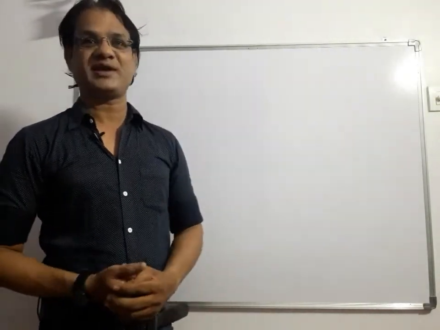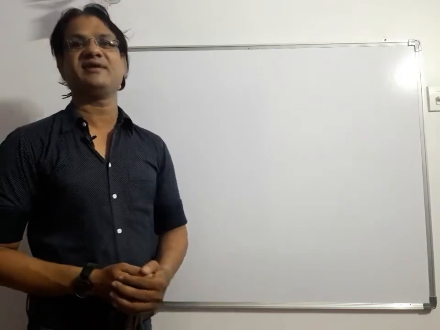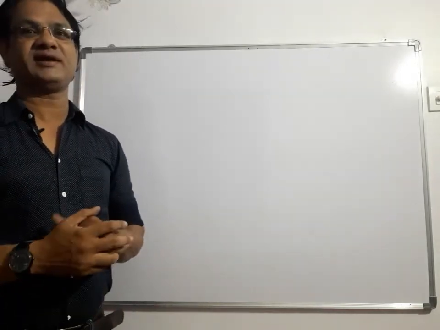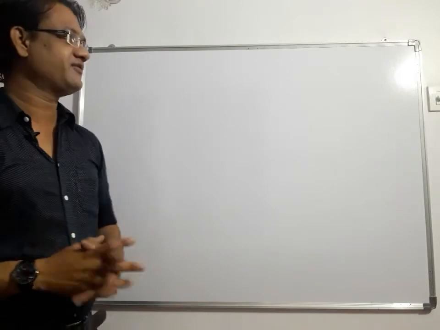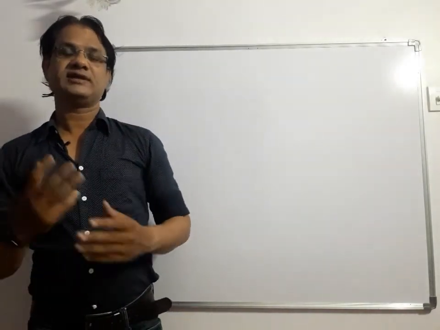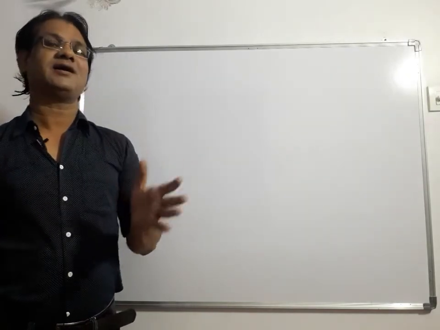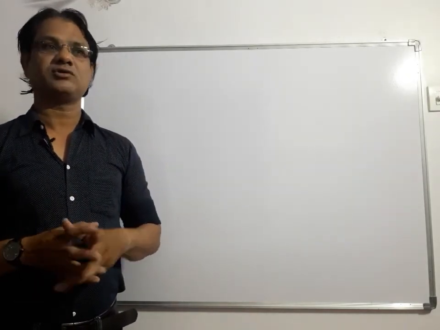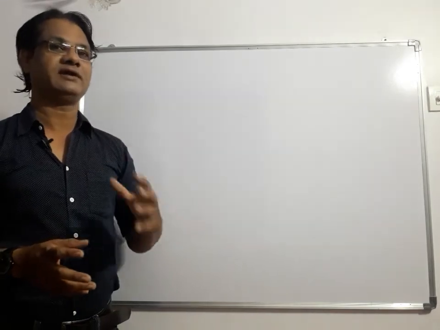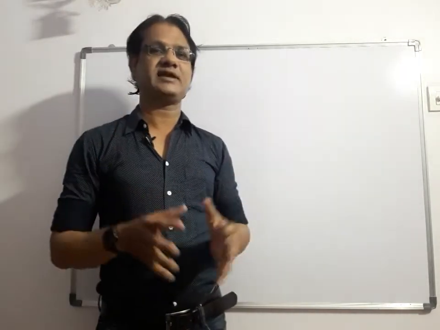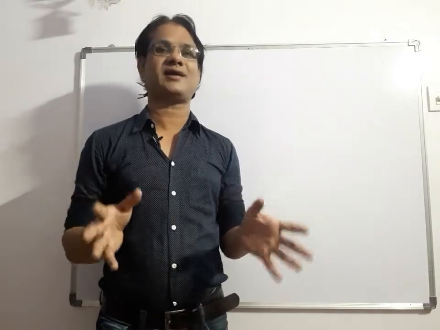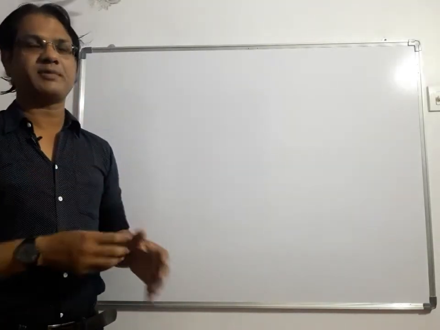So after a very long time I got some time to make a video. Today we'll discuss a very important and basic topic: how can we balance a chemical equation. In this series of lectures I will teach you three different ways by which we can balance a chemical equation. The first method that I will teach you today is a very basic method called the trial and hit method. So simple method.